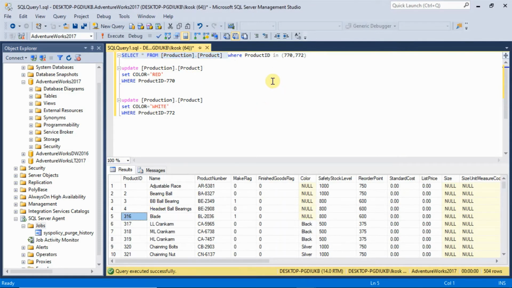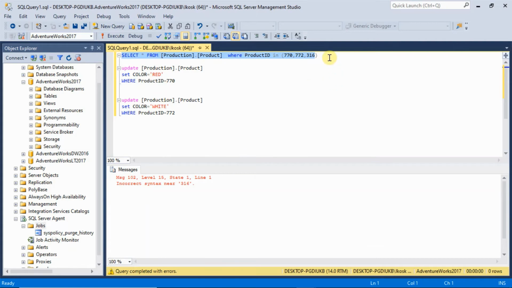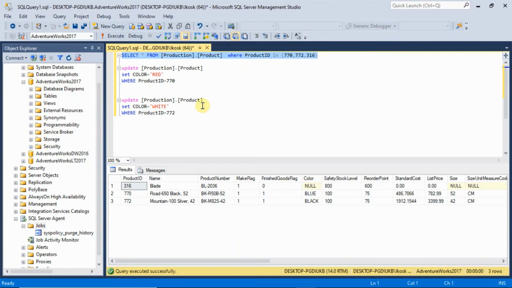So let's update the... There is no color for 316. Okay. So if I do 316, then what will happen? There is no color. Okay. So what I will do, I will just copy this command here.